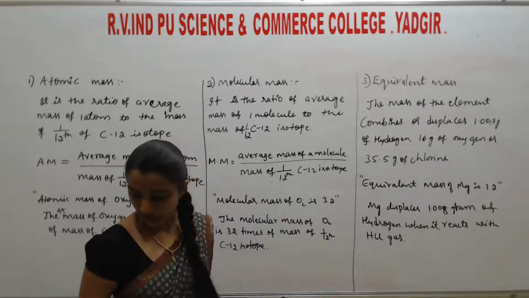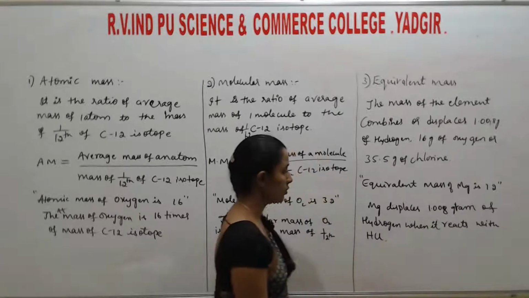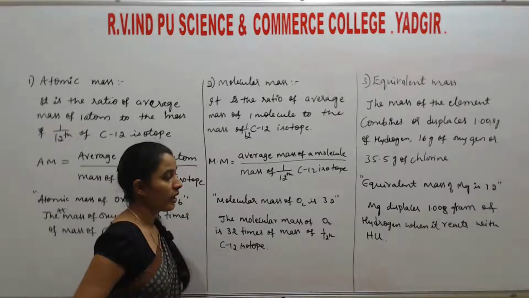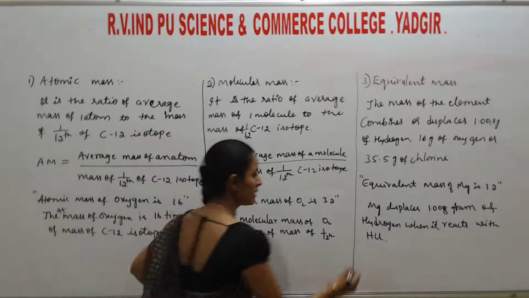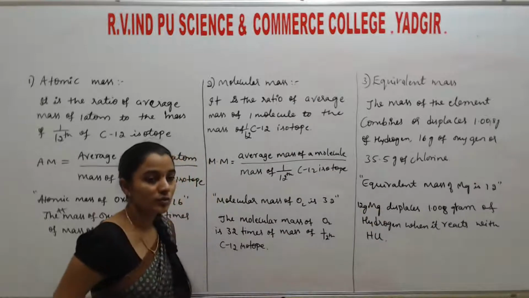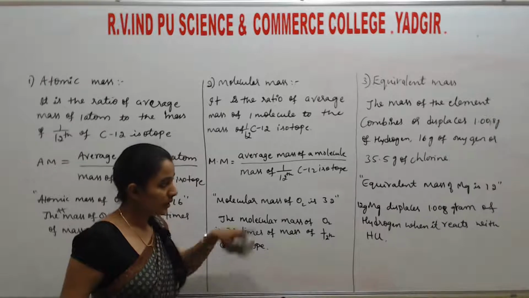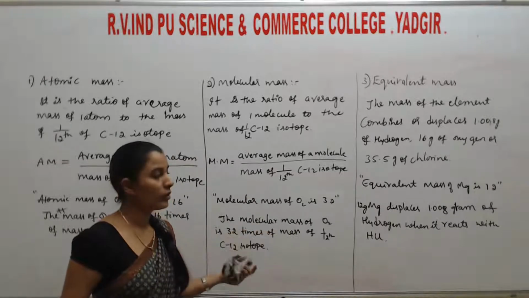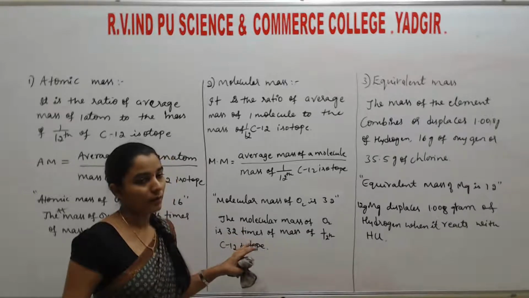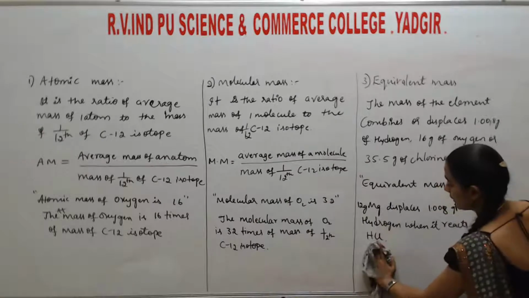Mg displaces hydrogen when it reacts with HCl. So magnesium displaces 1.008 gram of hydrogen when it reacts with HCl. That is specifically 12 gram of magnesium. Then that shows the equivalent mass of the respective element. For example, equivalent mass of sodium is 23. So that means 23 gram of sodium,